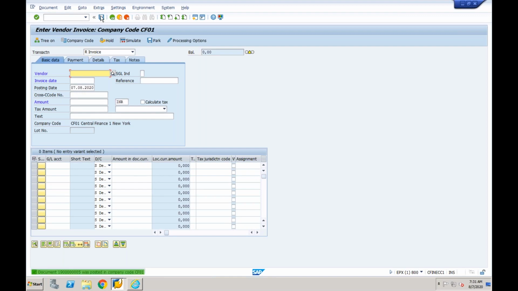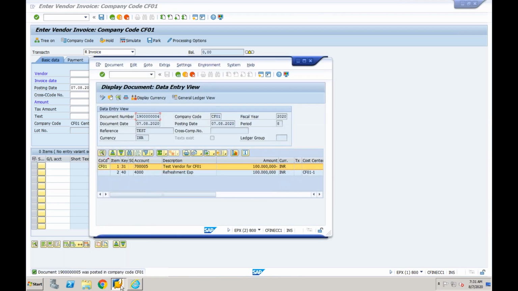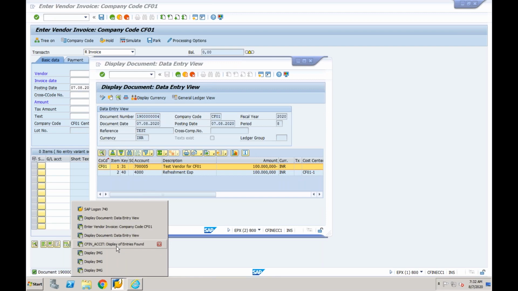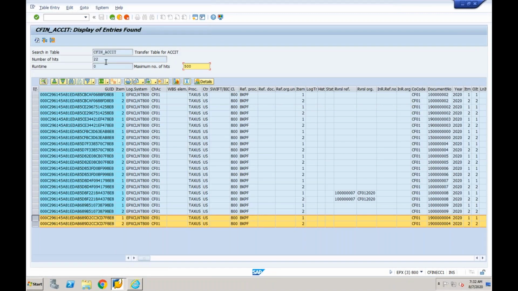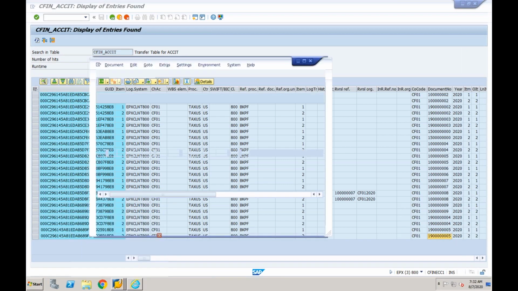Now, question number 1, whether this is replicatable or not. Where can I go and check? I will go and check in the table itself. Okay, which table? ACCIT. So currently there are 22 line items. Let's try to refresh it. Now there are 24 line items. So you can see 2 lines have been added, and these lines are nothing but related to the document that we posted just now. But if I go to my target system,